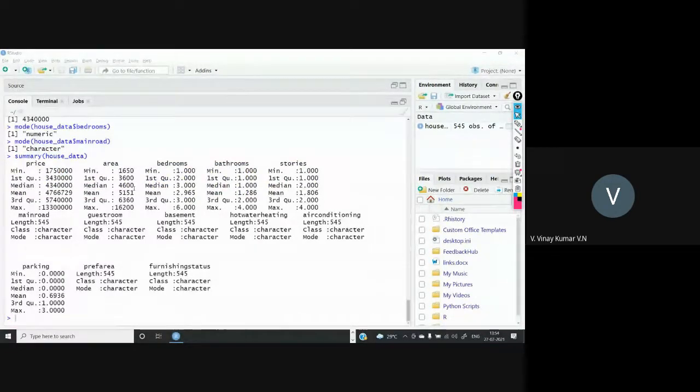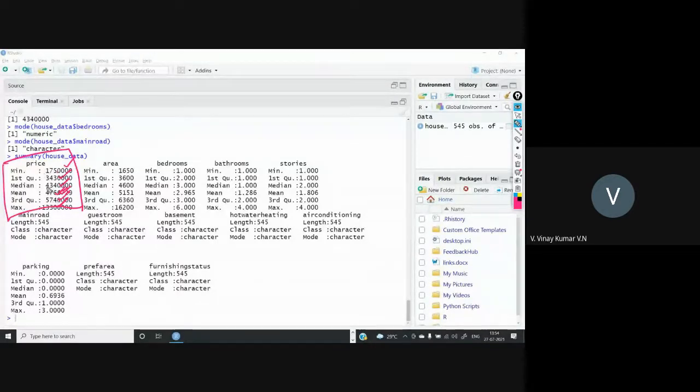This is the statistical summary of the price. The minimum price is 17 lakhs, the first quartile is 4 lakhs 30,000, the median is 43 lakhs 40,000, the mean is 47 lakhs 66,000 799, and then the third quartile and maximum values.